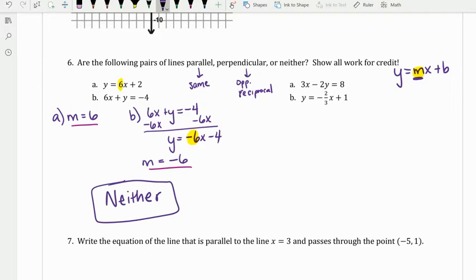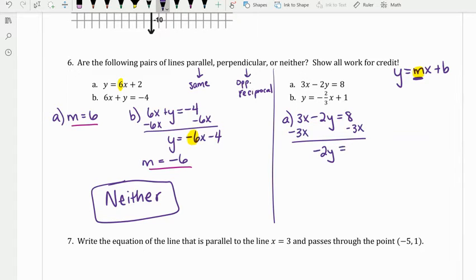Okay, not parallel, not perpendicular. Same thing on our other one over here, right? For A, it's not in slope-intercept form. So again, I'm going to take my equation and solve it for y. So I'm going to subtract 3x on both sides. That'll give us -2y equals, I'm going to put my x term first, so -3x, and then I've got a